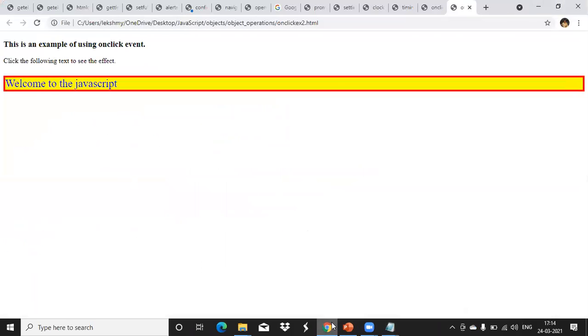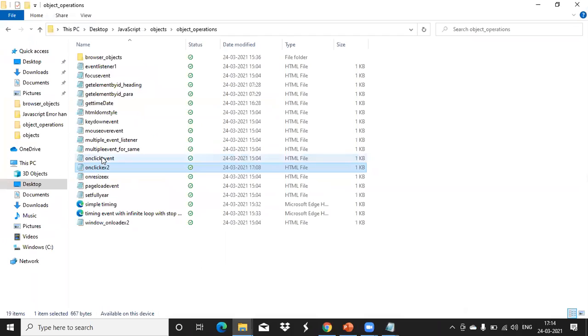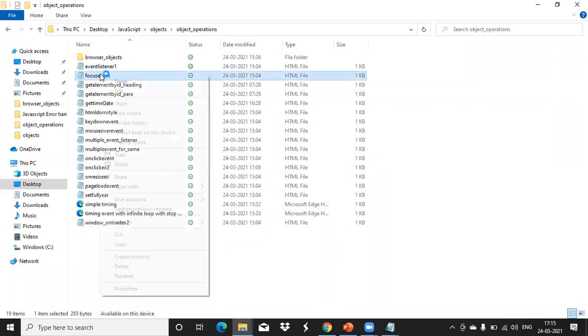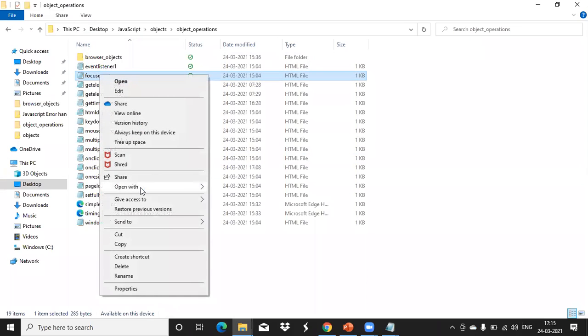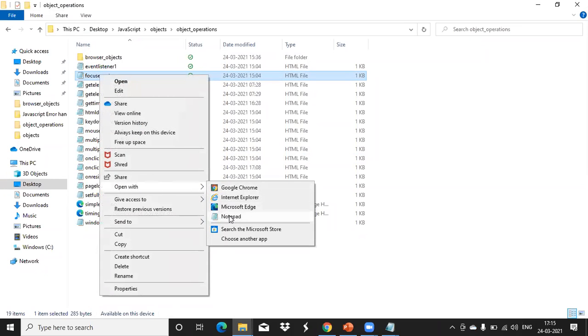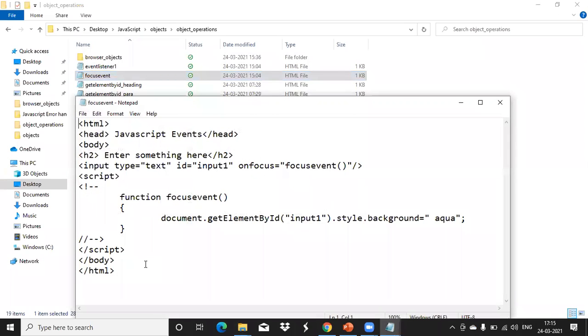Now another example we have. We see one example for the focus event. So we created a text box. The text box ID we are telling it is input one. For the text box, the event we want to give is onfocus equal to a function call, performFocusEvent.